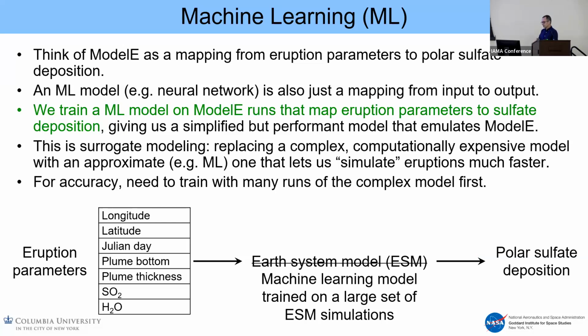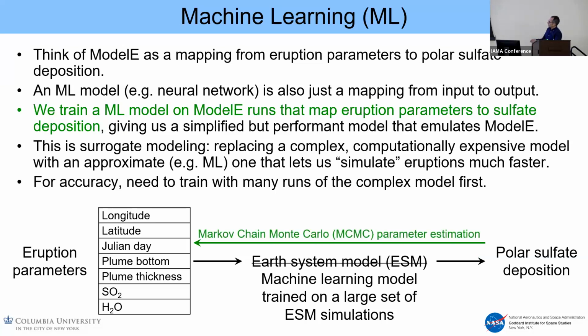And the idea is that we want to move that backwards, because the goal is to take the deposition data that we have, because this is what the ice cores are giving us, and go into the eruption parameters. Ideally find the location, but finding any of the other things is also welcome.